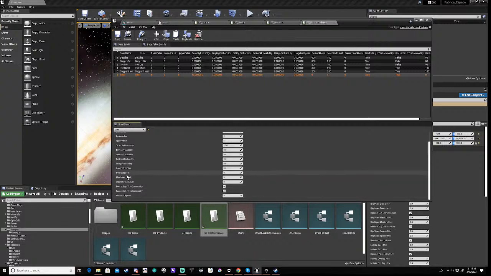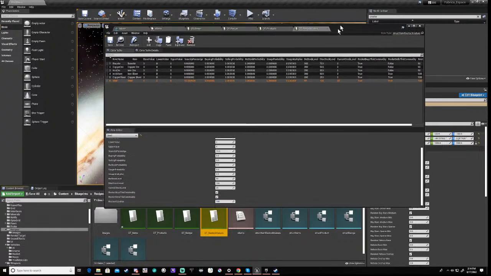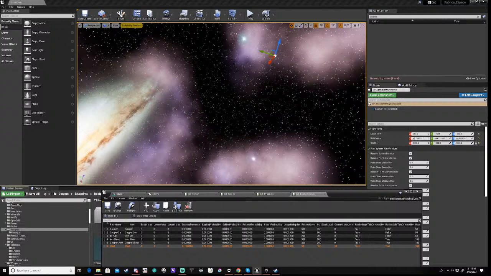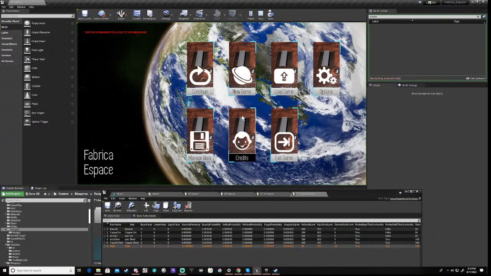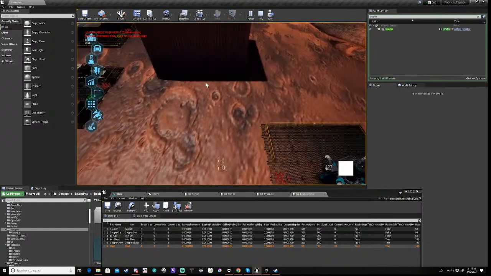Restock level will have 50 max, 100, current stock, let's say 25, and 100 there, right? And if we save that and press play and continue,